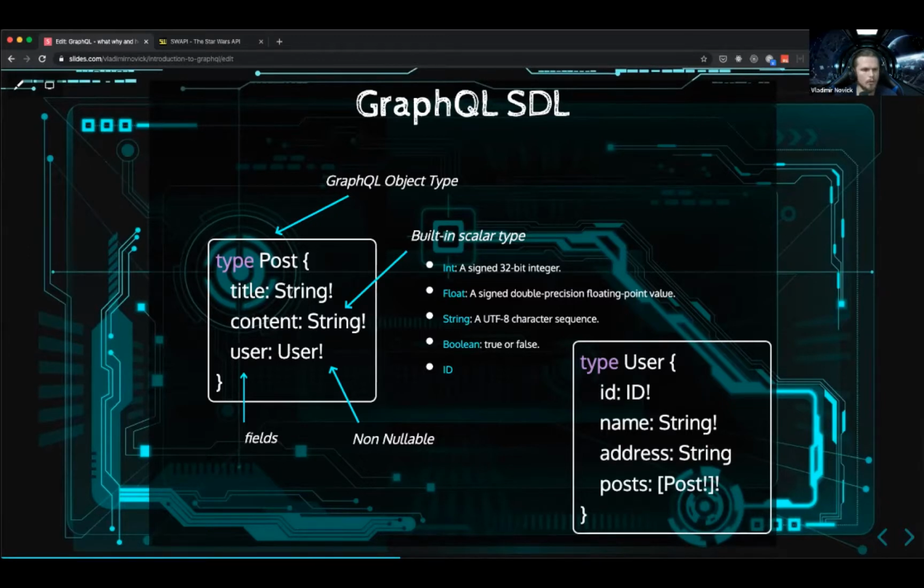Now, here you see that User is another type that I also defined. So it means that my post will be resolved whenever I get to the resolution of the user. It will resolve this type and so on. And we can also have array types, obviously. To get more into the schema definition language, you can go to GraphQL.org, Learn, Schema.